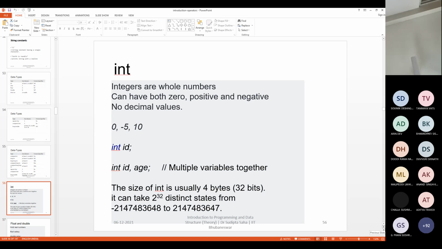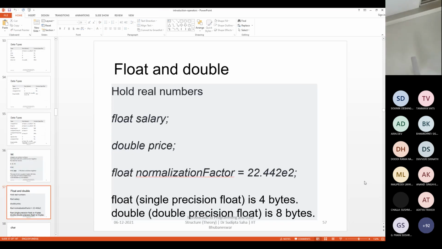So here in the slide, I have mentioned a few things. Like if you have 4 bytes, each byte has 8 bits, so 32 bits are there. Now using 32 bits, you can represent this maximum number. These 2 to the power 32 distinct states are there. So just try to understand a little bit about it. I'll cover these parts in detail in the number theory section of this particular course.